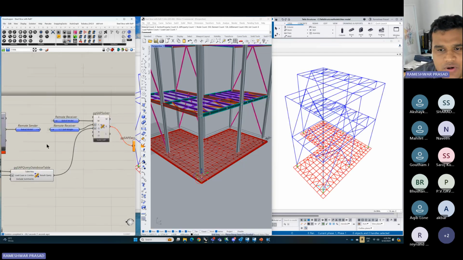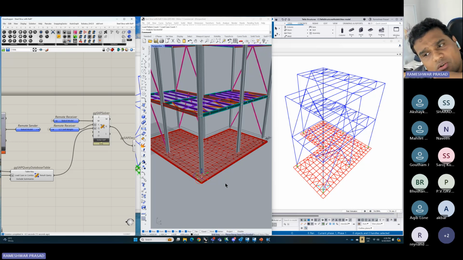Okay. I'll just put in only the self-weight load case over here. You can actually control the orientation of the mesh elements as well. So if you want M11, that is what SAP2000 lingo is for the local coordinate system of the plates. So you can actually control up to a certain degree the orientation of the mesh plates,